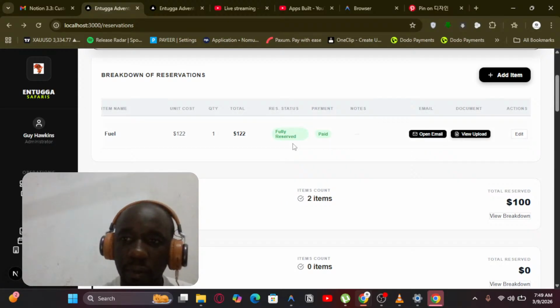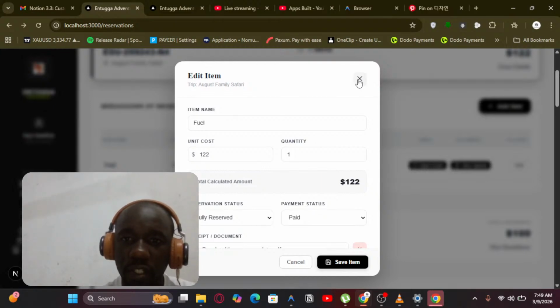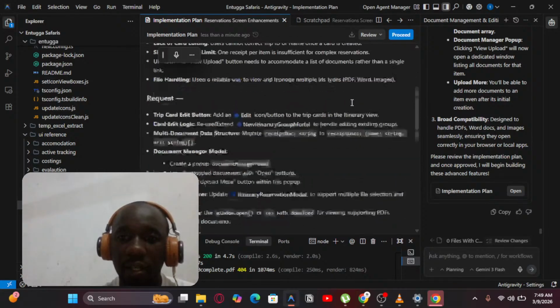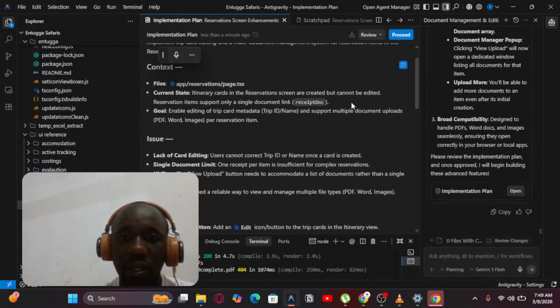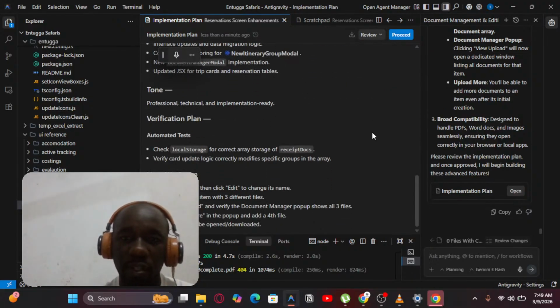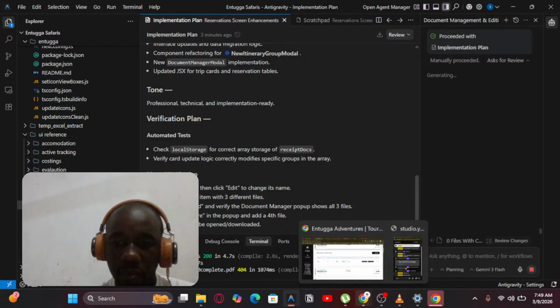The other thing that we are making refinements on is to ensure that these documents are viewable in a pop-up. We need to have a pop-up that allows us to get access to them in a much better way. So Google Anti-Gravity has already laid out an implementation plan with a detailed context. So let's proceed to implement this, and we can review